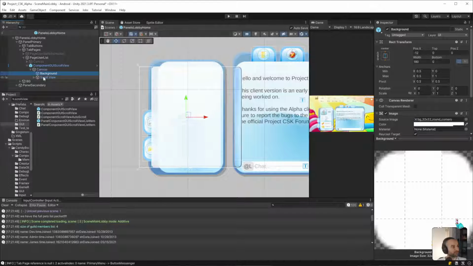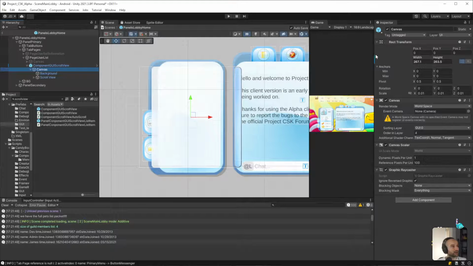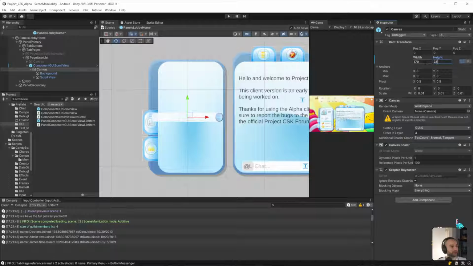So let's make this the appropriate size and see kind of what's going on here. Actually, let's reference the old one. So this one has width of 170 and height of 235. So we'll go here, width of 170, height of 235. Okay, so this actually should be centered.